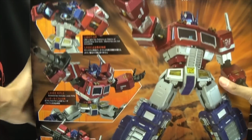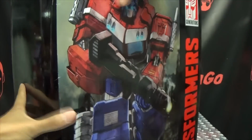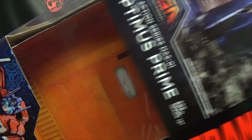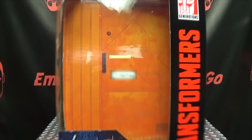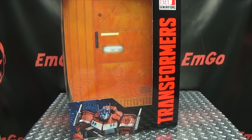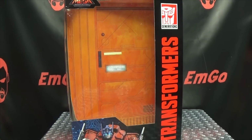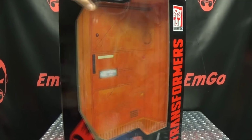On the back of the box, you have some obligatory product shots. He does this, that, and the other. He's 18 inches tall, or 48 centimeters. And if you remove the slipcover here, it is packed, which is pretty cool. I dug this. It's actually packed like a big mainline toy, which is pretty cool. So just your kind of generations packaging that we've been getting with all the mainline stuff, and yeah, I dig